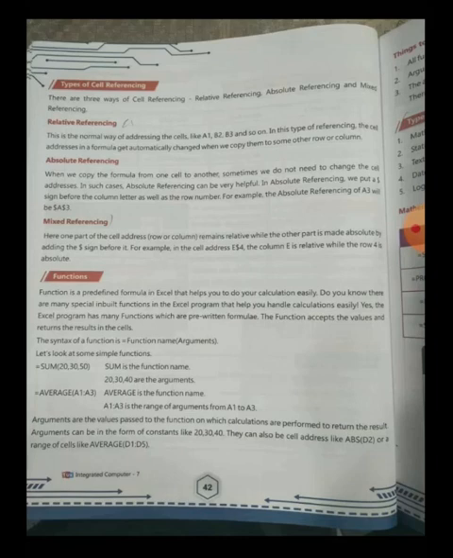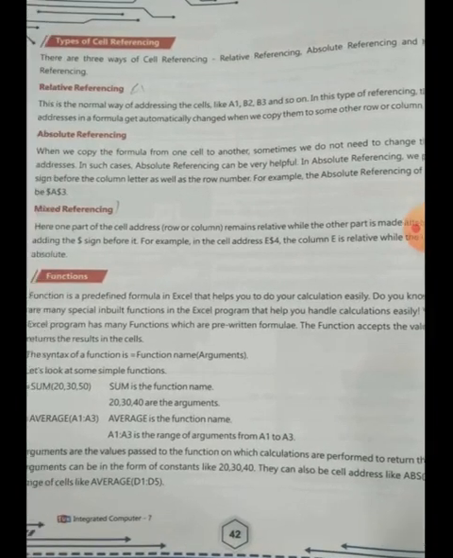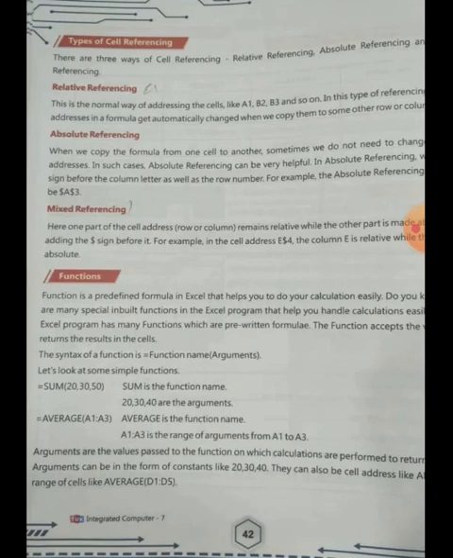Here you can see the syntax, that is a kind of example, with the function name and the argument. The first example is SUM. With the equal to sign, again we have to start, and in uppercase we have written SUM, and we have to calculate the result of 20, 30 and 50. After writing this in the bracket and clicking on the enter key, we will get the result of the addition of these three numbers.